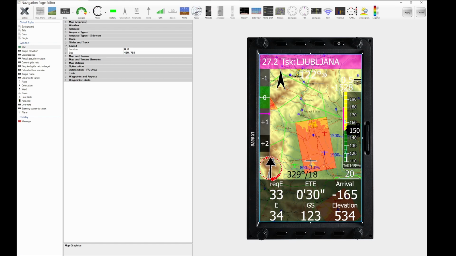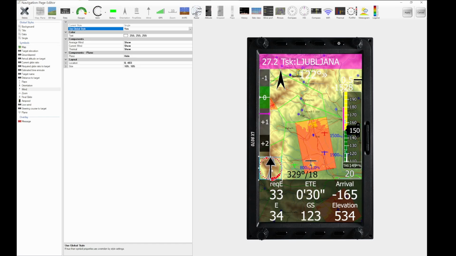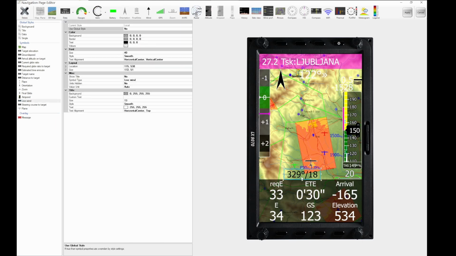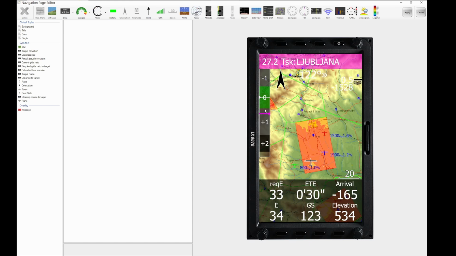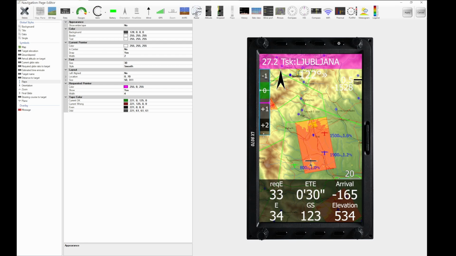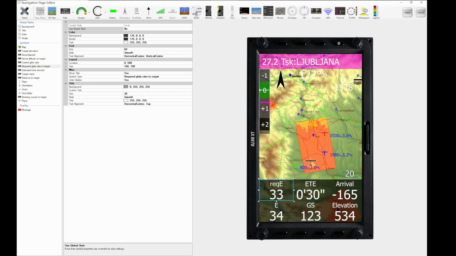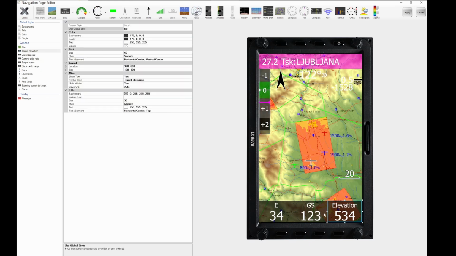Okay, and maybe on this one we may not want to, and this is, I think, a good way to do it, like to create one page with quite a few elements and then delete those elements when you create the next page. So I will delete this speed indication here and that thing. I don't think that I want to have any of that stuff. Maybe I will leave the flaps, but just make it smaller. I'm going to delete all these info boxes,